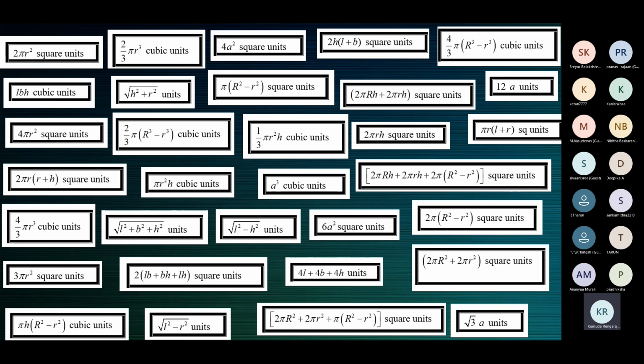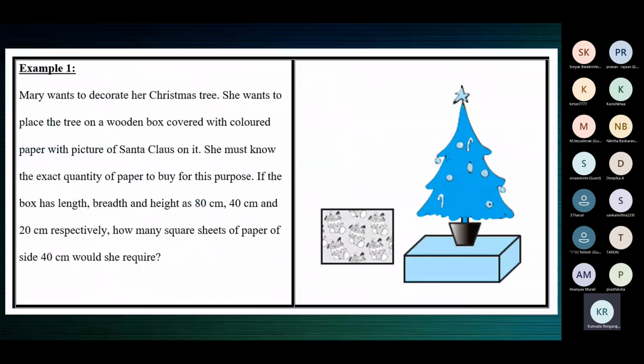So I think we'll take up some questions from this chapter as a test. Yes, work this, children. This is example 1 from NCERT. You don't have to write the question. Just give the reference number: NCERT example 1. Read the question and tell me if you have to find the volume, CSA, or TSA of the cuboid.